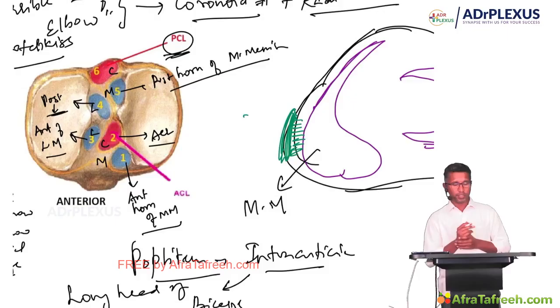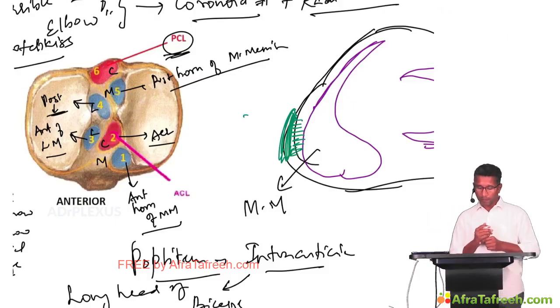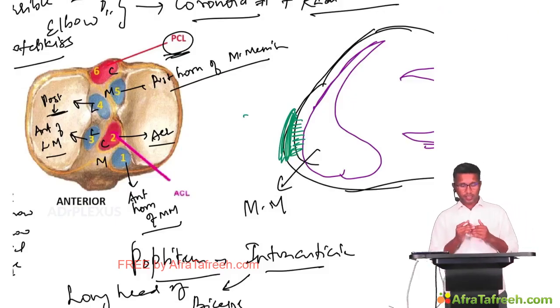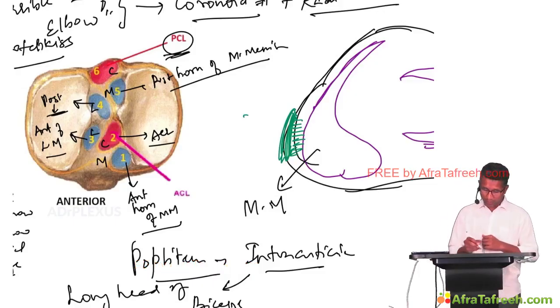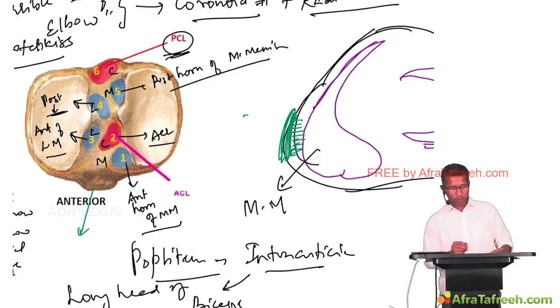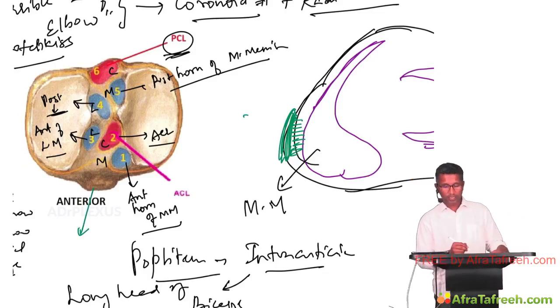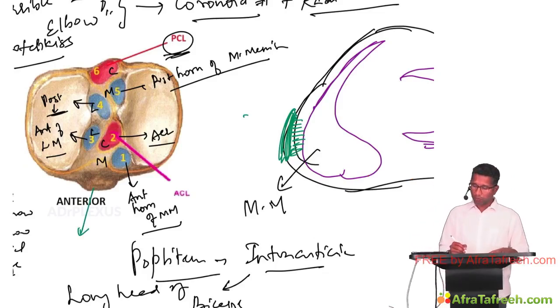Now, can anybody tell me what is the most anterior structure in the knee joint? Only these ligaments, or do you see any ligaments which is here? Can anybody tell me what this tuberosity is called, guys? You see a tuberosity, an elevation on the anterior aspect of the tibia. What is this tuberosity called? This tuberosity is called the tibial